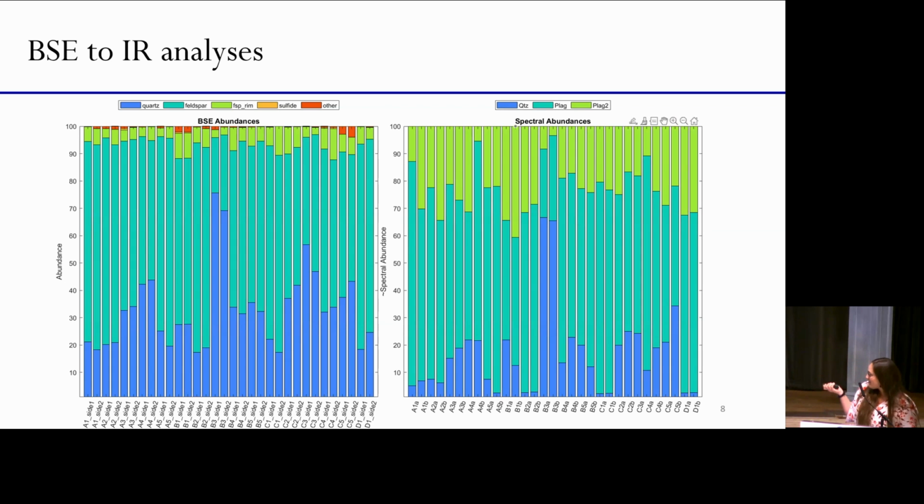So these are all of the slices that we looked at. This is Marina's BSE compositional analysis versus my spectral analysis. Again, the values are not exact, but I think the trends show up quite well, so that's a good sign for this test. And then from that data,